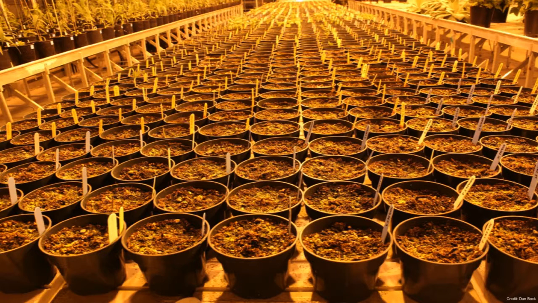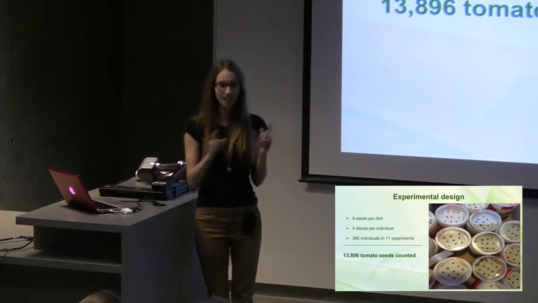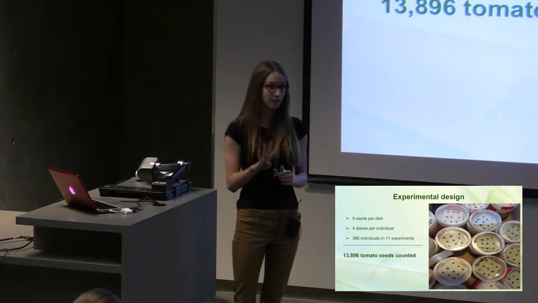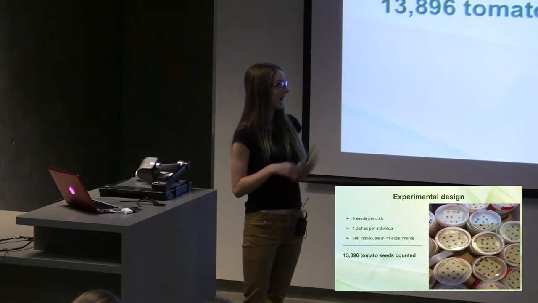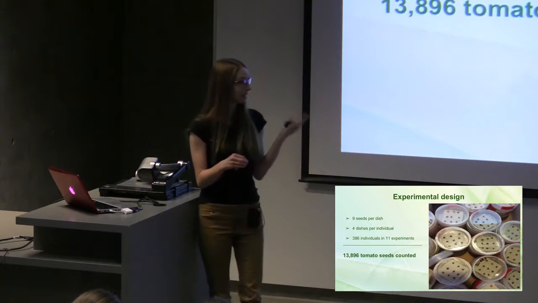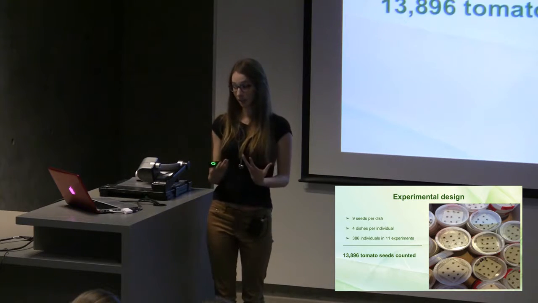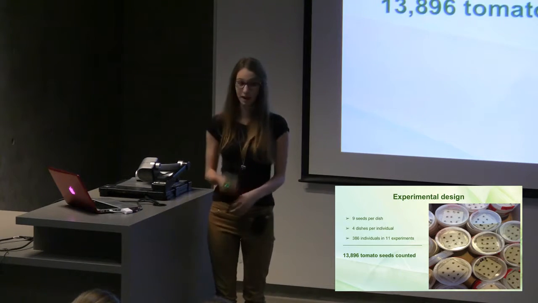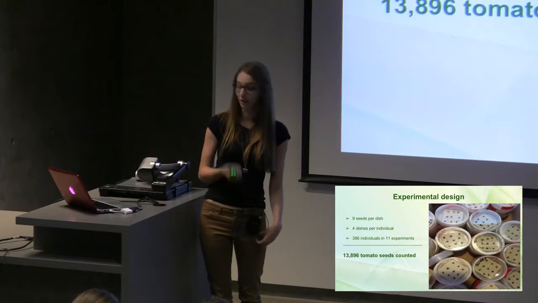In addition to needing a ton of sunflowers, we also needed a lot of tomato seeds, which were our chosen indicator species. Each individual sunflower gives you 4 petri dishes filled with leaf tea. We put 9 tomato seeds in each petri dish. So at 9 seeds per dish with 4 dishes per sunflower, and where we used 386 sunflowers over 11 weeks